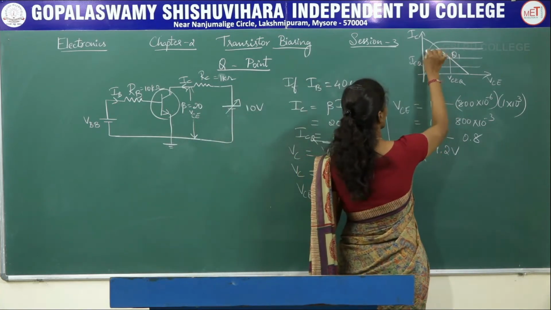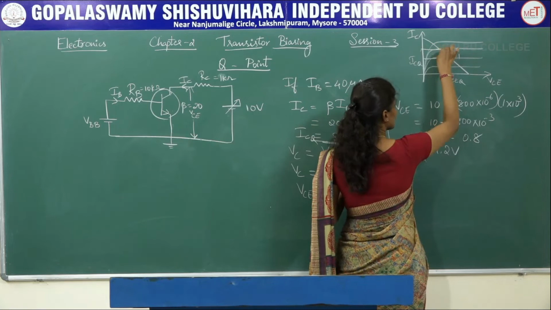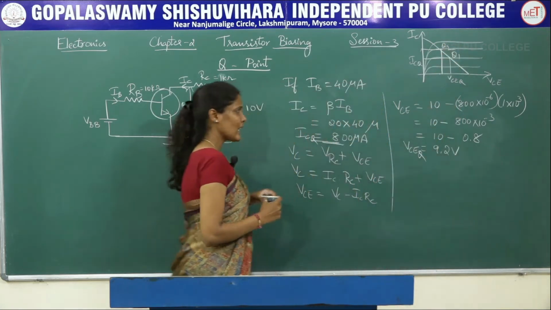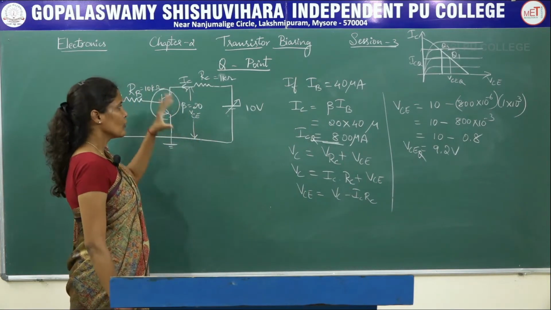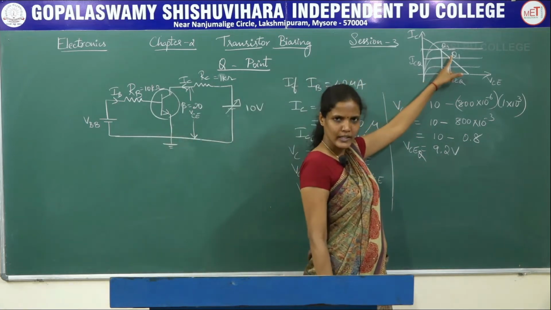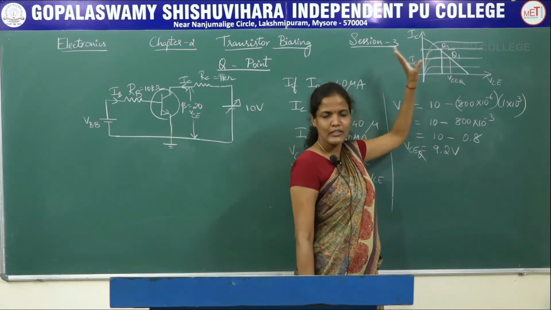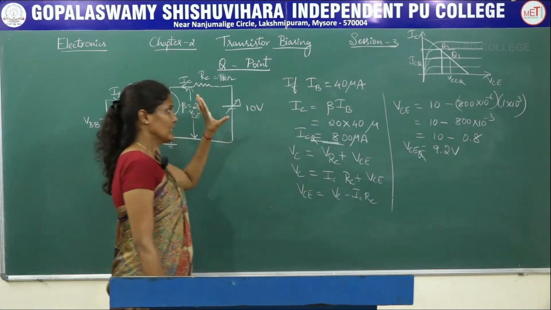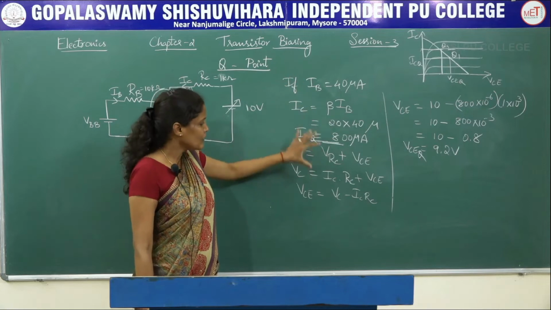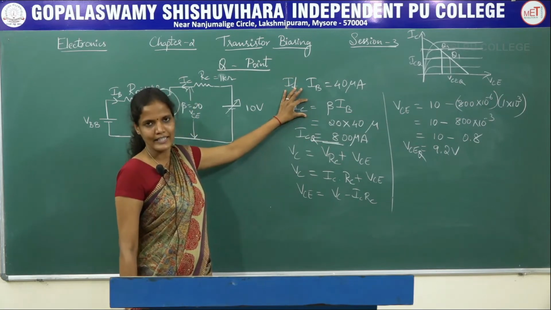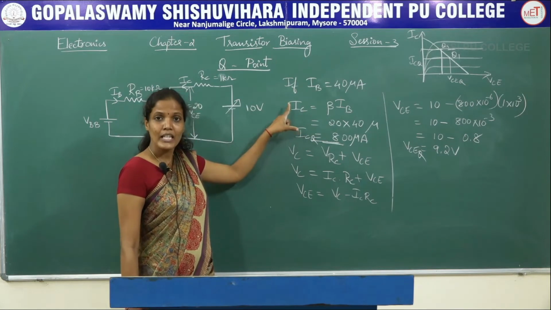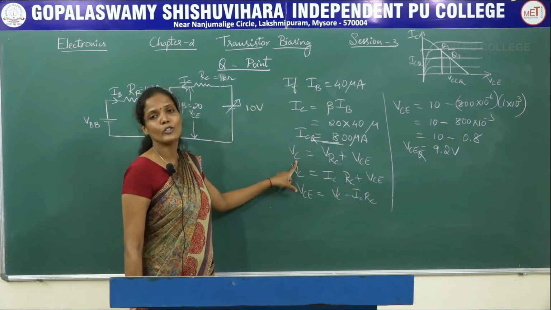800 means this will be above this obviously, and this lies over here. Let me call this Q2. So what is happening in this particular circuit? For different values of IB, I am getting different operating points. The Q point also keeps varying along with it. But IC depends upon the value of beta and VC depends upon this IC. So if beta varies, IC will also vary. If IC is varying, VC will also vary.